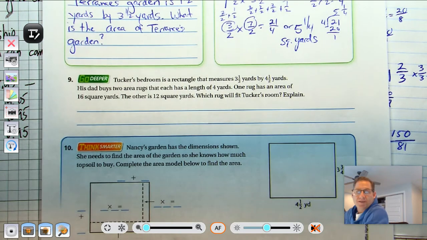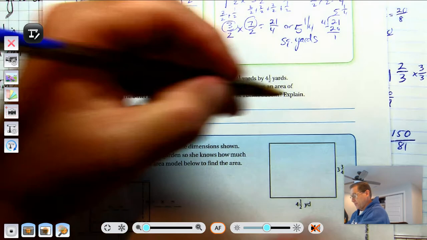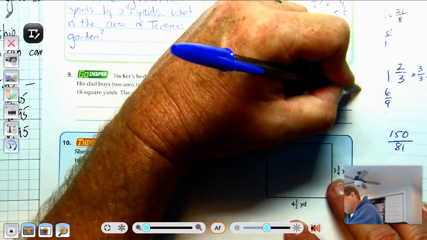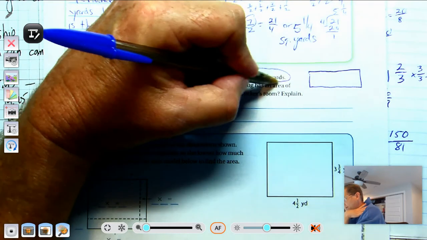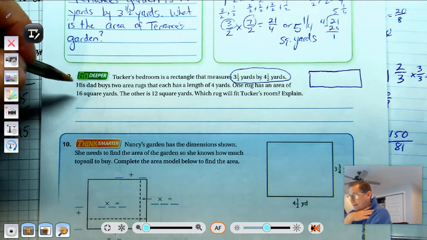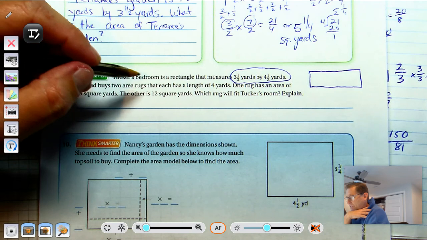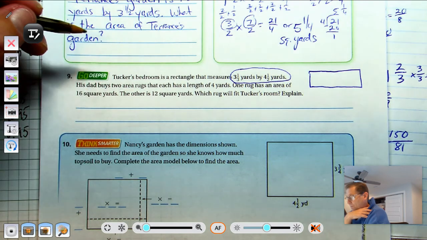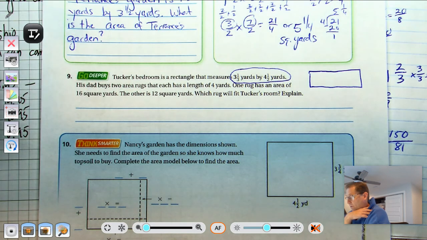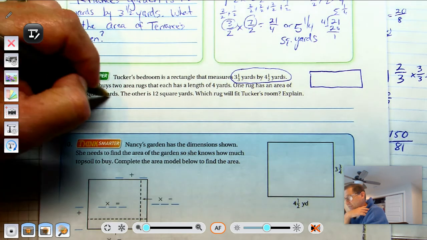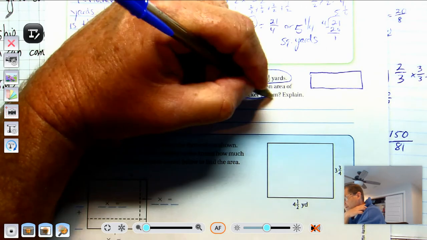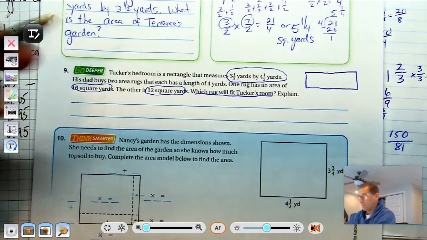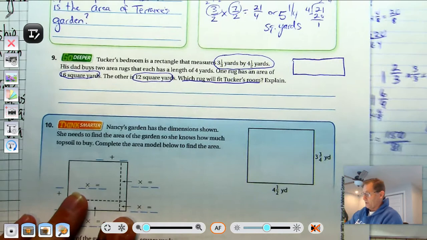Number 9, Tucker's bedroom is a rectangle that measures 3 1/3 yards by 4.5 yards. His dad buys 2 area rugs that each has a length of 4 yards. One rug has an area of 16 square yards. The other is 12 square yards, which will fit Tucker's room. All right, so we have 3 1/3